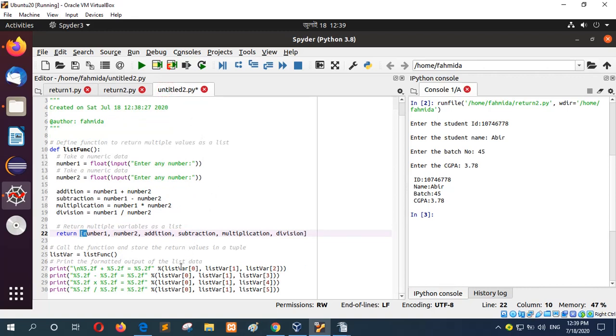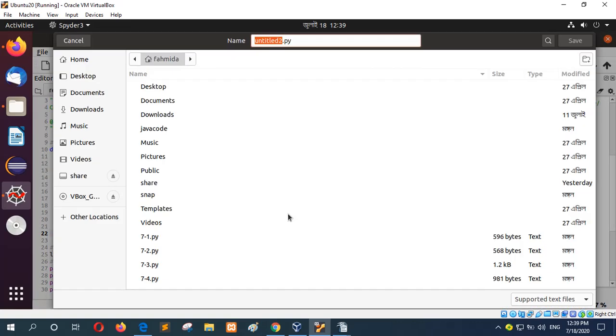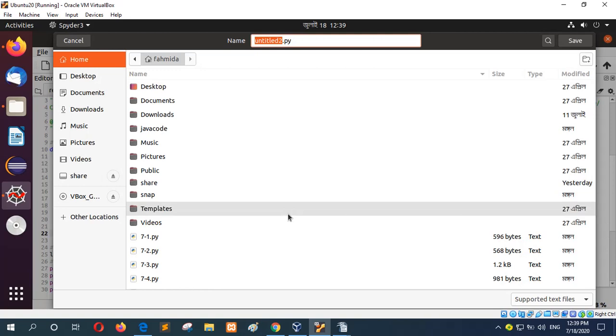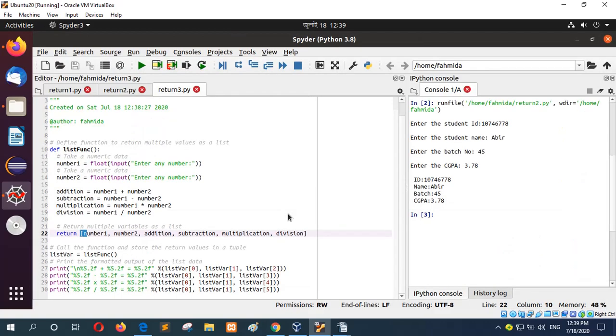Another part is the same as the tuple, so I will save the file now. And if I run it now,